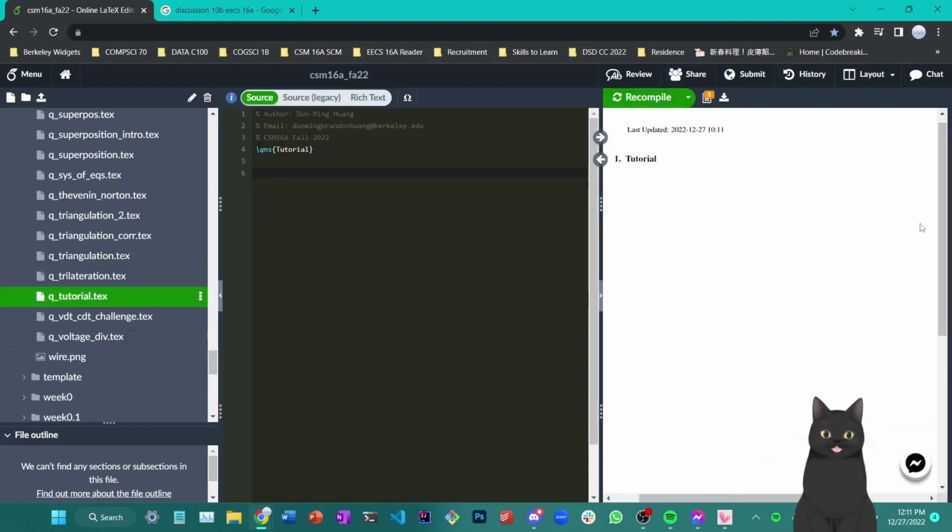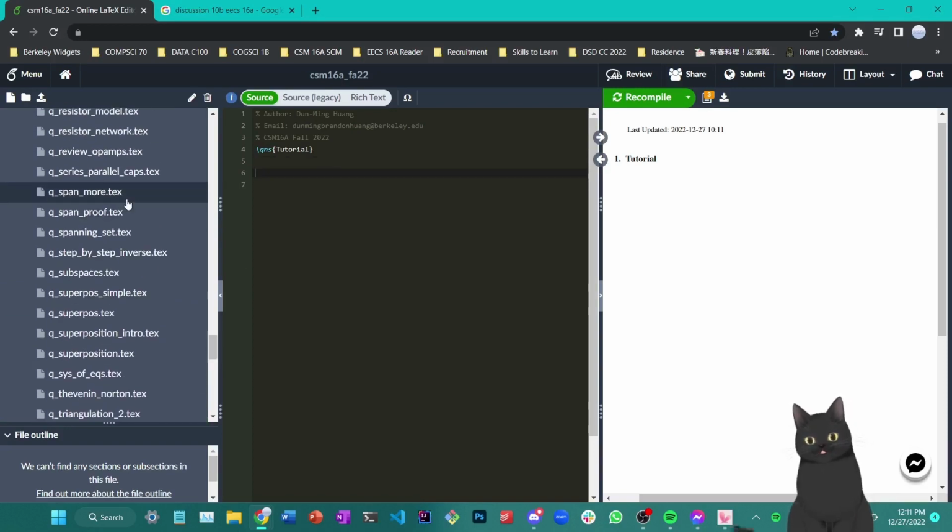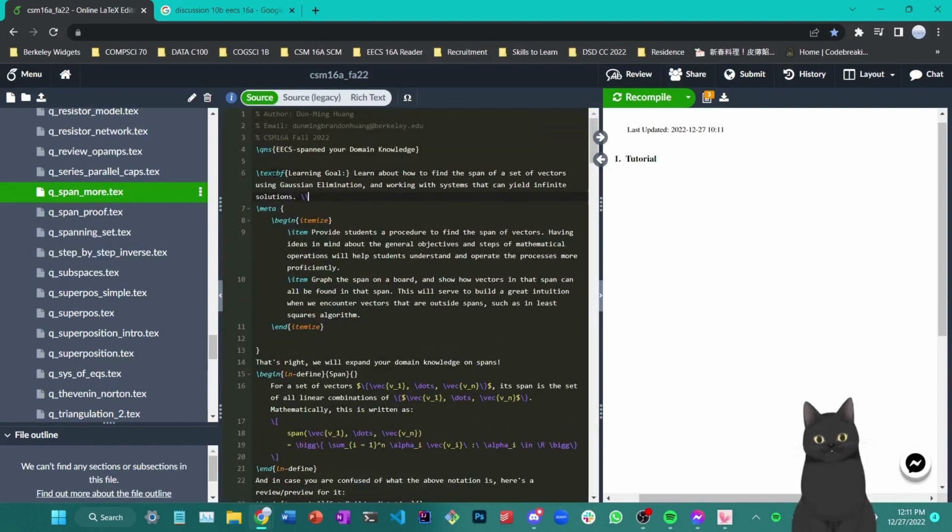Okay, so as you can see, the worksheet title does not come out, but we do see a worksheet styled question title that just says tutorial. Okay, so after tutorial, let us also reference the question before. In each question, there are a couple of things that we would like to comment. First of all is the learning goal of the question,